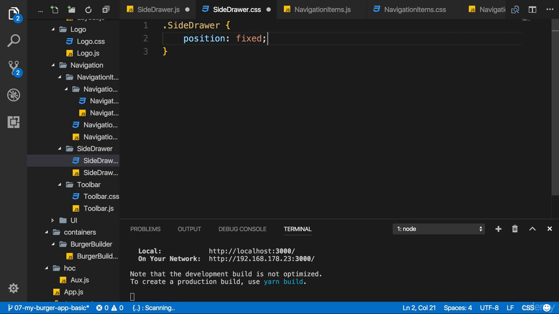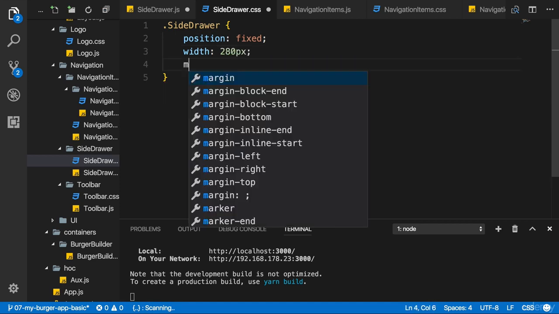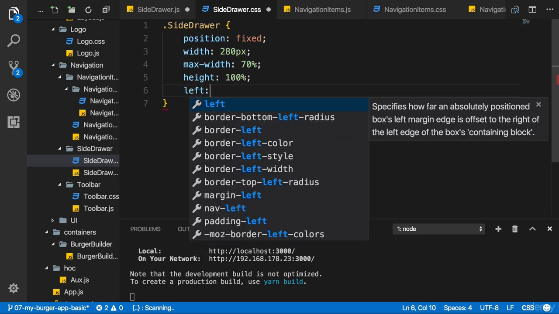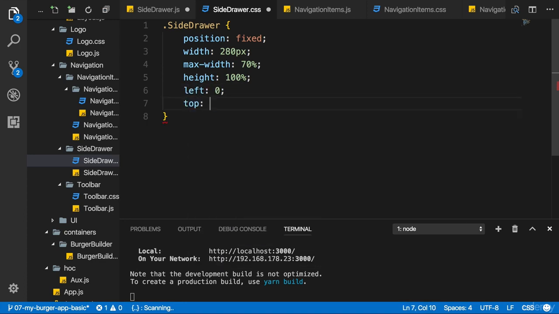Even if we scroll, it should feel like a static element. I want to set the width to, let's say, 200 pixels or maybe 280 pixels. And the max width should be 70%, so that even on super narrow devices, it doesn't go over the edges. The height has to be 100% to take the full screen height. And the left position should be 0 and the top position should be 0,